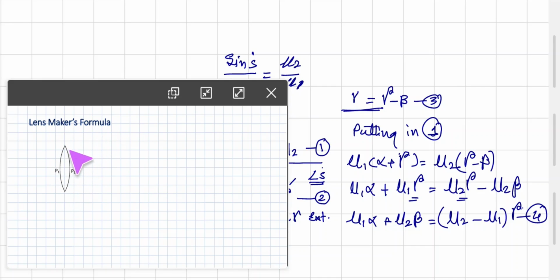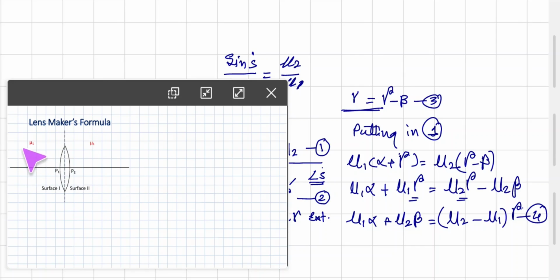Now here you see, this is a complete convex lens with two surfaces. This is the optical axis. This is the principal plane. Here you get the optical center, which is the point of intersection of the optical axis and the principal plane. This is surface 1 of the lens, this side, and here is surface 2 of the lens. These are two points, principal point 1 and principal point 2.